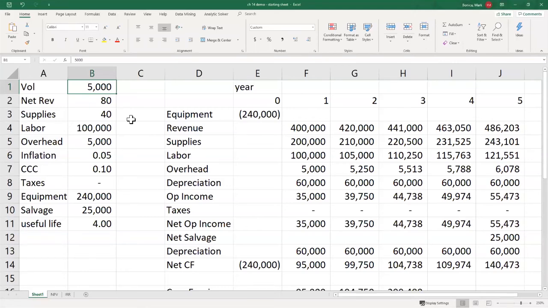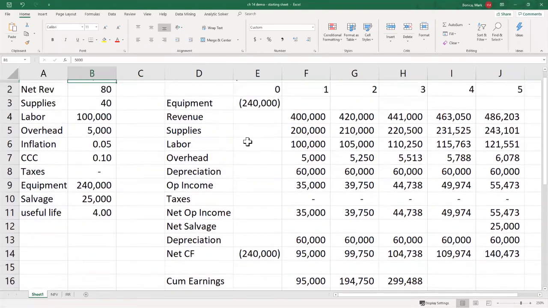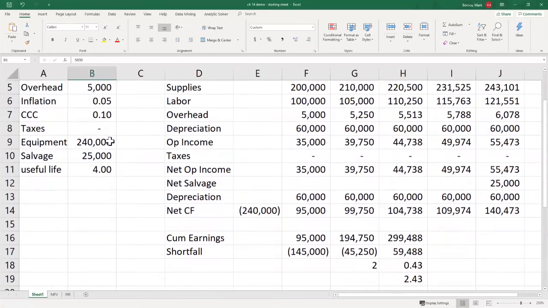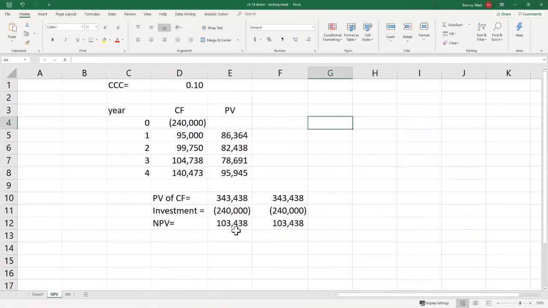This is actually a model that will allow you to manipulate your assumptions, and we'll do that in chapter 15. We will look at some impacts of modeling, sensitivity analysis and scenario analysis. If we build something like this, it becomes really easy to do both scenarios and sensitivities. So we have the NPV over here, right? Under the assumptions that we have, because this is all interconnected, I could make a change in the assumption